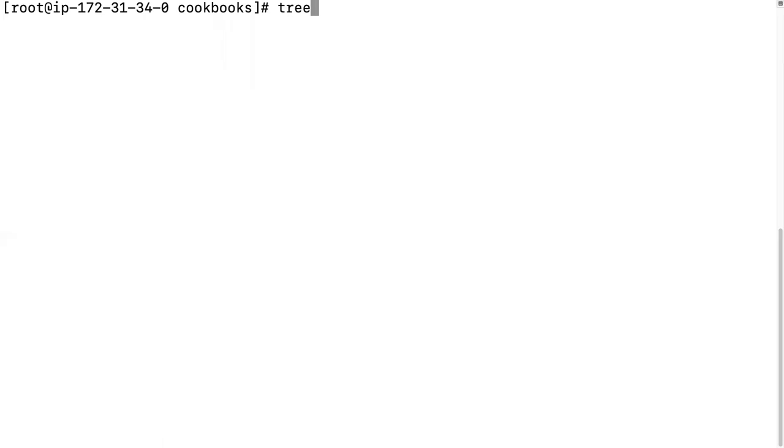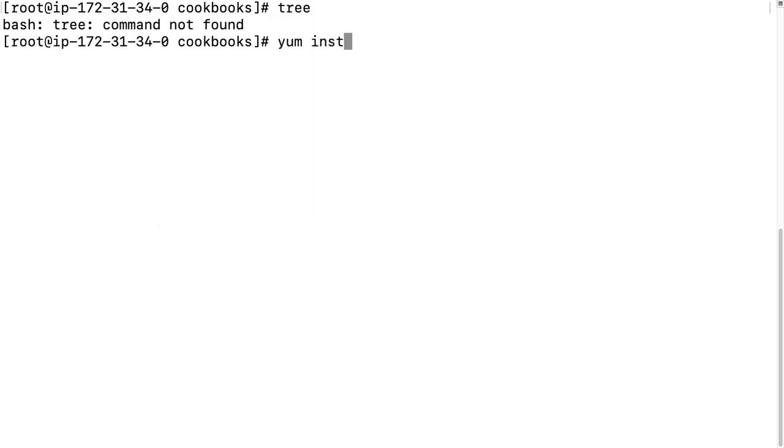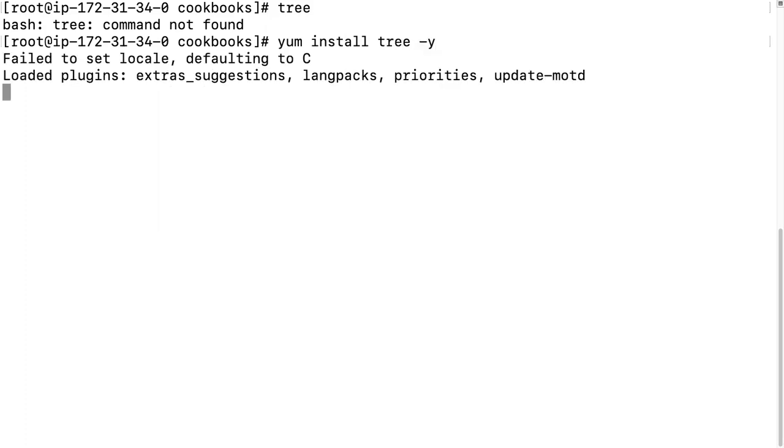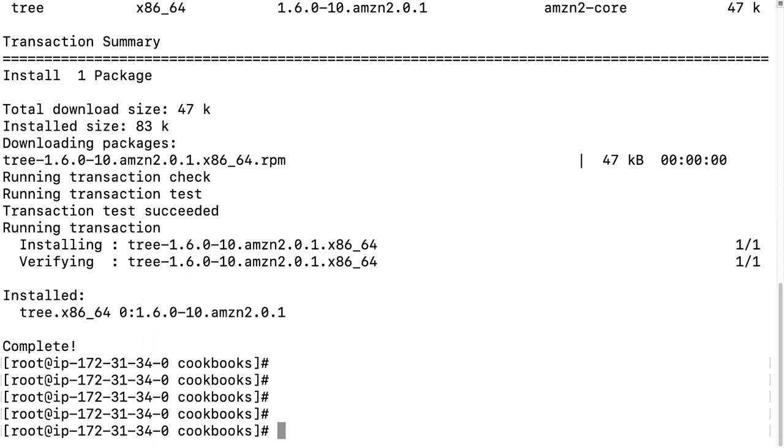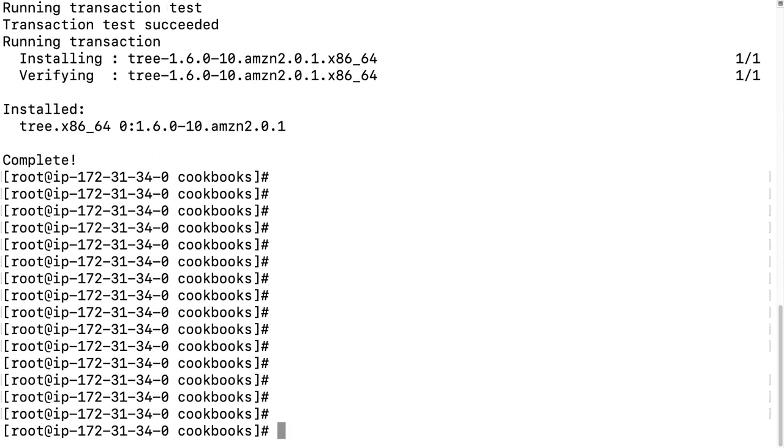Let's check whether tree is installed or not. Enter. So tree is not found. Let's install tree. yum install tree -y. So the package is installed.